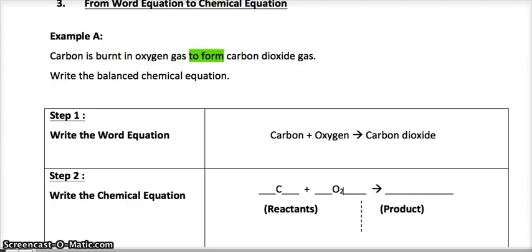So bear in mind that when you encounter all these substances, you need to write down the correct chemical formula. So for oxygen, the correct chemical formula would be O2. And then we have carbon dioxide, CO2. Now,